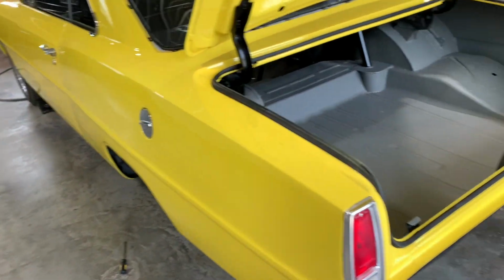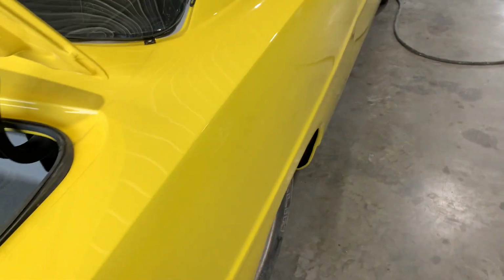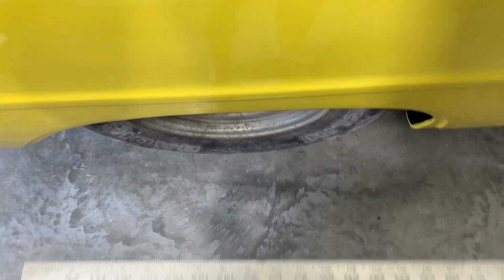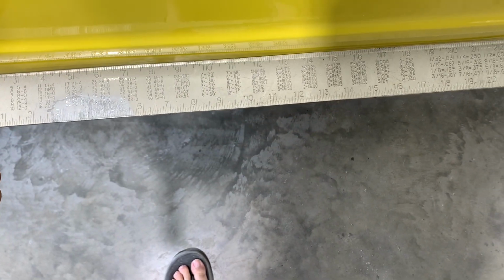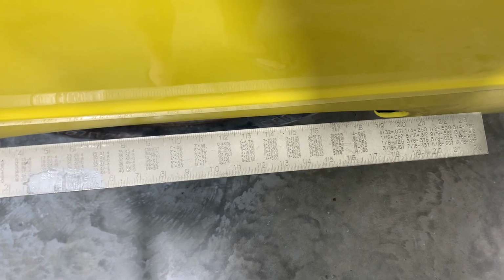So I'm starting on the Chevy 2. I'm trying to show you what's going on here best I can. If you look, the wheel well gap below the body line is pretty much straight across. I mean, it's pretty straight. Well, that's on the passenger side. If you go over here to the driver's side